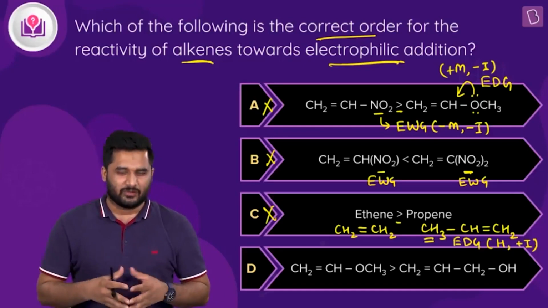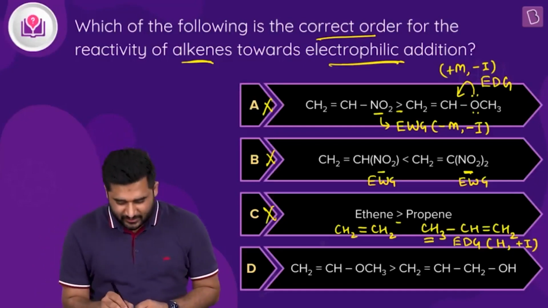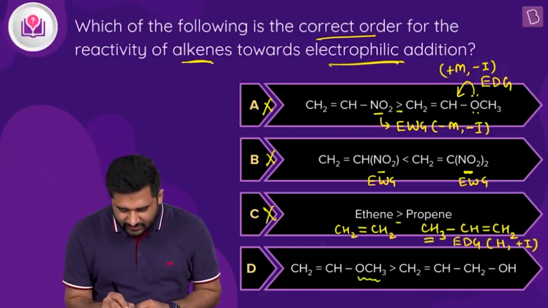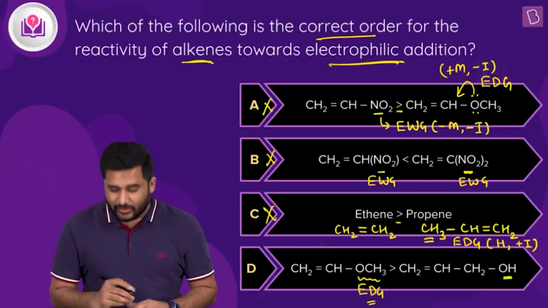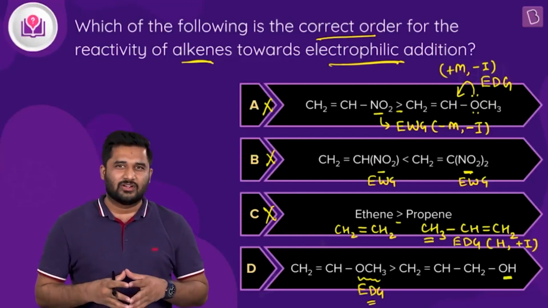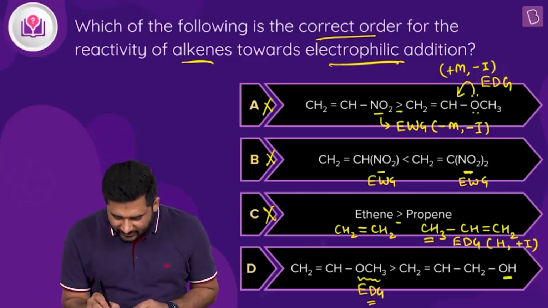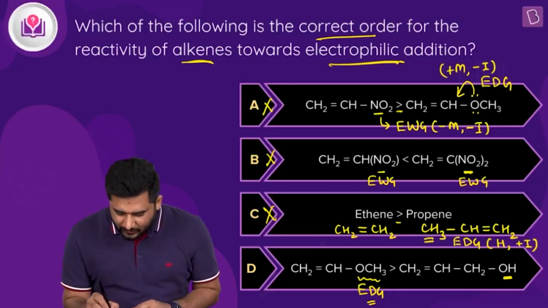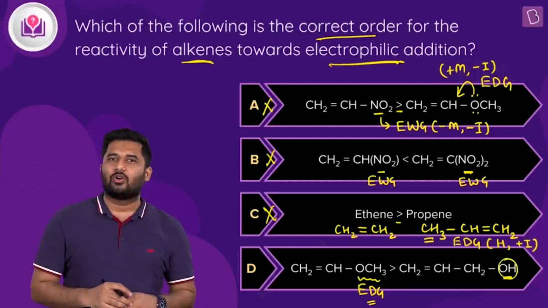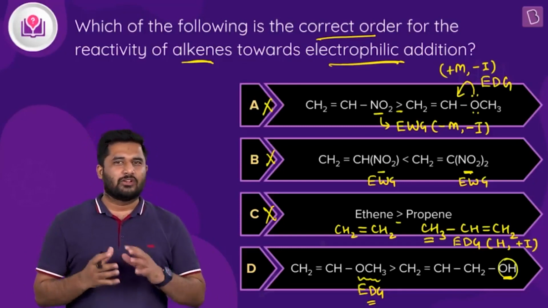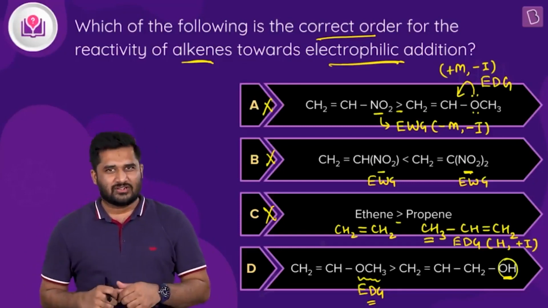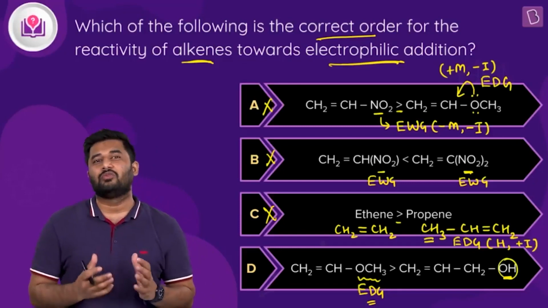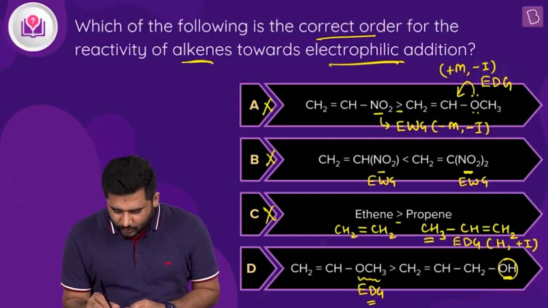isn't it? But let us look for it. Let us see the explanation. Now you can see in option D we have this OCH3 group, which we already know is an electron donating group, and we have this OH group here. So let us see what the OH group will do. Since this OH group is not present alternate to the pi bond, it will not participate in conjugation, or you can say the electrons on the oxygen will not be involved in conjugation, or mesomerism, and hence this OH group will serve as